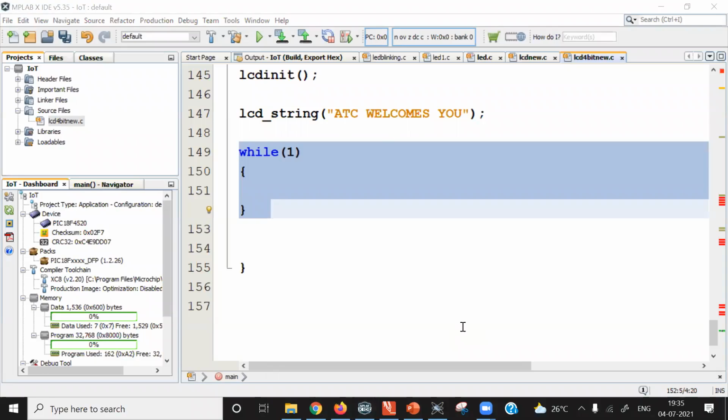Why do we use two different delays? With the larger delay, we can generate delay in seconds, and with the small delay, we generate delay in a few milliseconds. In the LCD display, when we write data, we write one character at a time and one command at a time. So after writing one command, we need to add a small delay. For that purpose, I use a small delay subroutine. And if I need delay in seconds, especially in LED blinking code, we use the delay subroutine which can give us a larger delay.